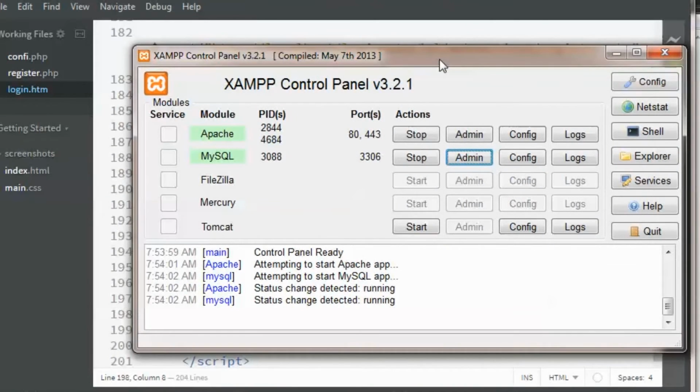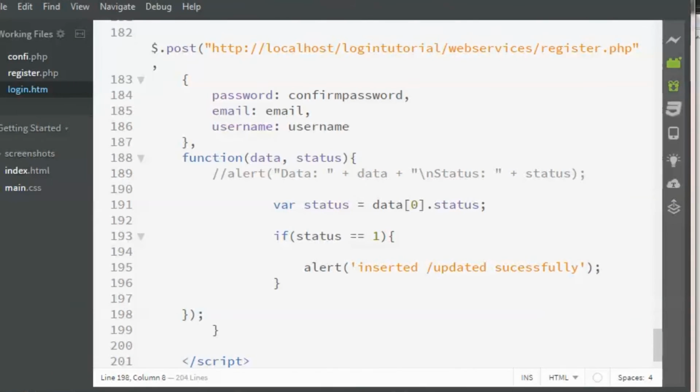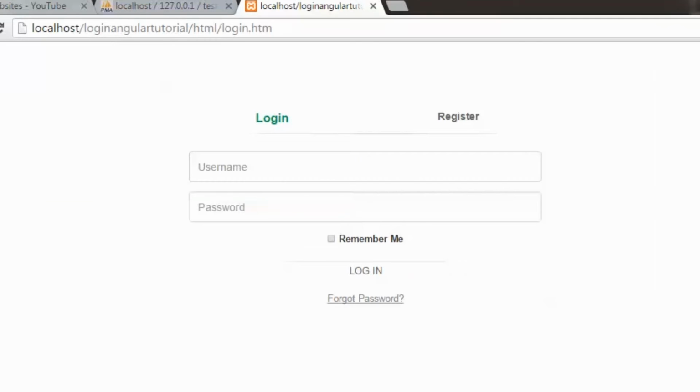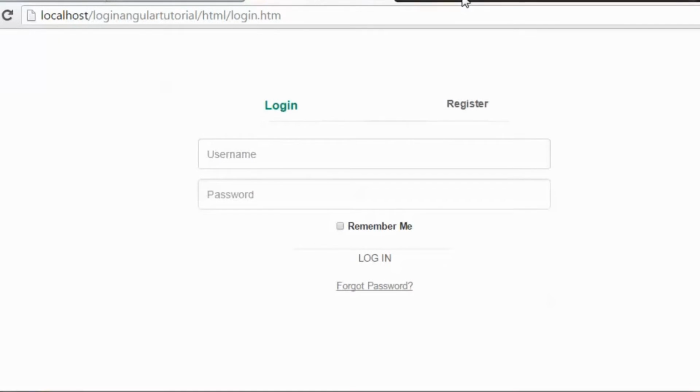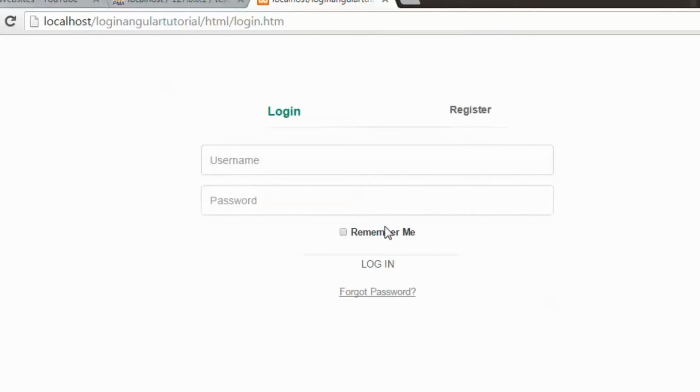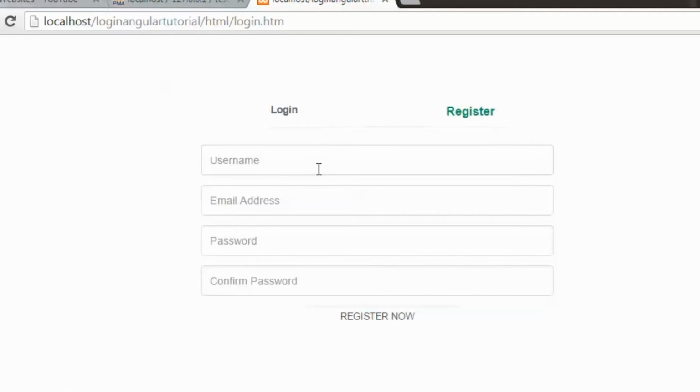I've started my XAMPP server already, and I'm going to go to the folder. Now I've executed the file. If you're looking for how I created all this, you can follow the link in the description where it says AngularJS tutorial on how to create a login page. That is where I created all this. You have to go to the registration page. In that, I even left the link for downloading the project.